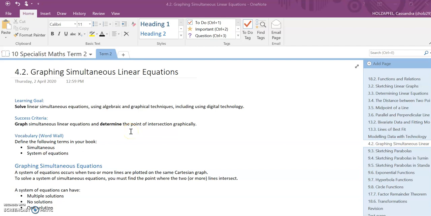Hey guys, so today we're going to be looking at graphing simultaneous linear equations. We've actually done a whole bunch of stuff with simultaneous equations. We've solved things using substitution and we've solved things using elimination. And also we had a brief look at solving things graphically last term, but this term I really want to